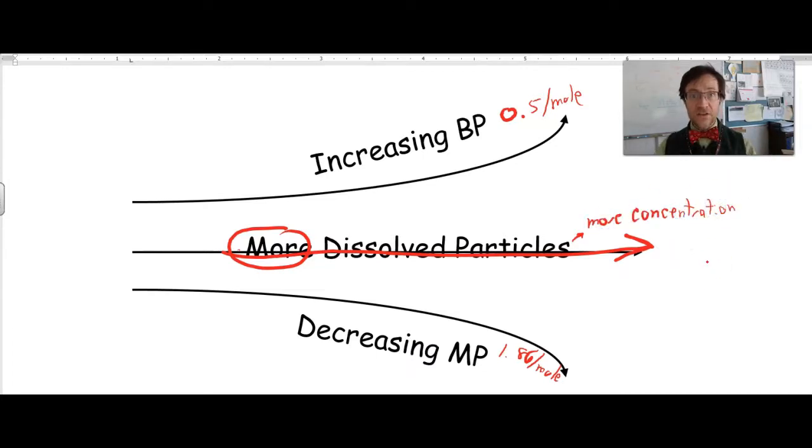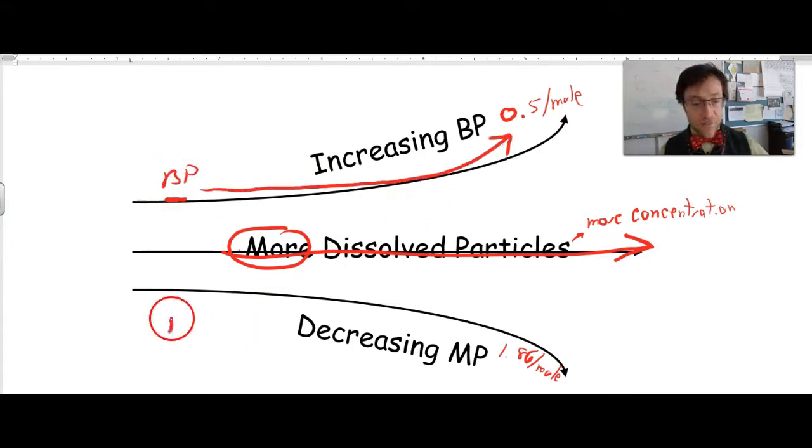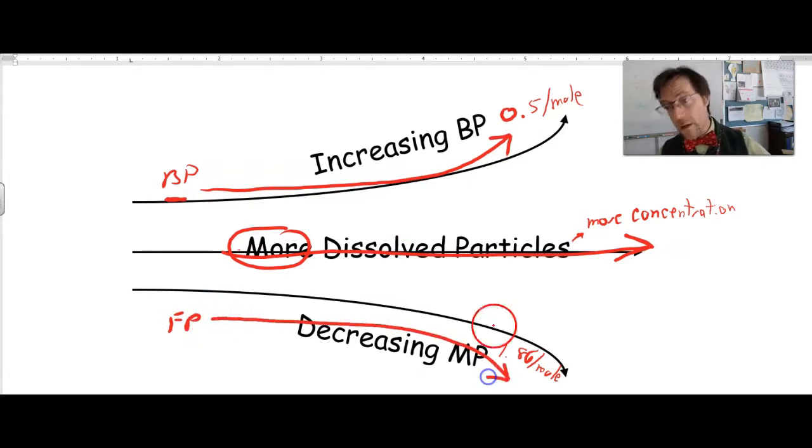So more concentration, what happens to the boiling point? Well, it goes up, right? So the boiling point, which is already hot, gets even hotter, and the freezing point that is cold gets even colder. And the numbers we have to remember are 0.5 and 1.86. Got it? Wonderful. Like I said, that picture is what I draw so my brain can remember,